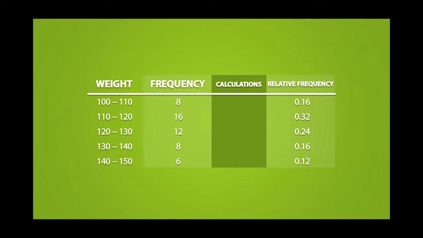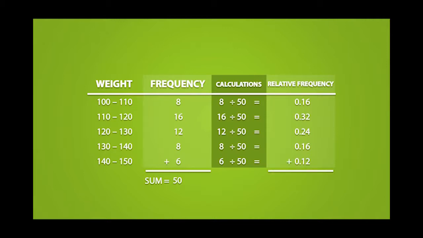We start off by finding the total number of data values, and we do this by adding each frequency. We find that the total sum is equal to 50. Then, we will take each value and we will divide it by that sum. And as a result, we get the relative frequency values. To check if you have made the right conversions, you can add up all the proportions for each interval, and the sum should be equal to 1.